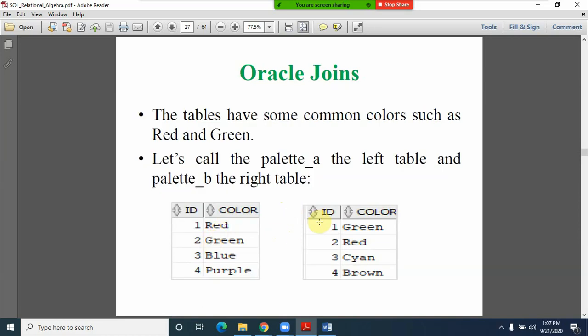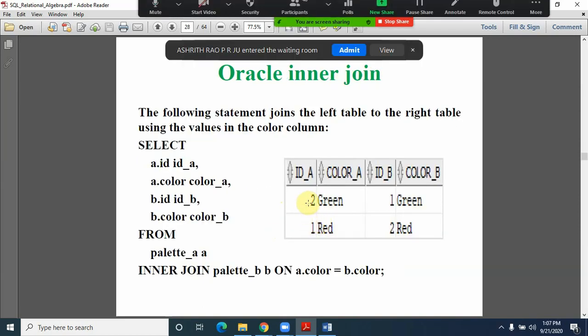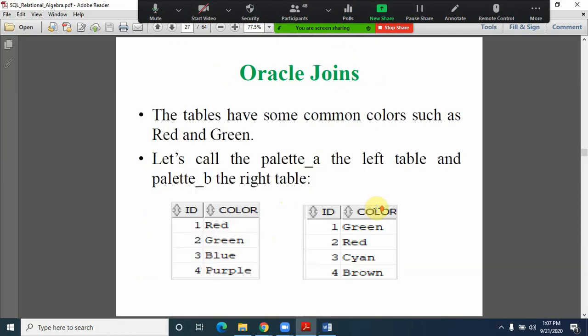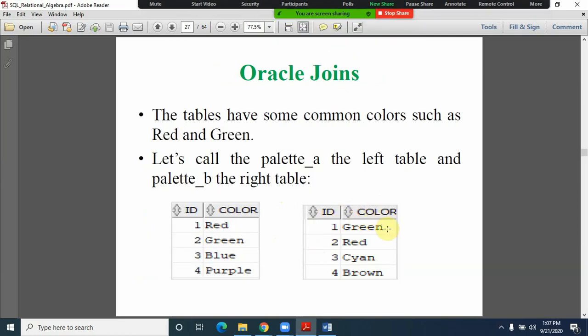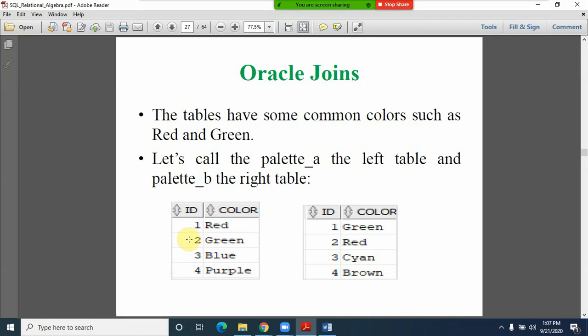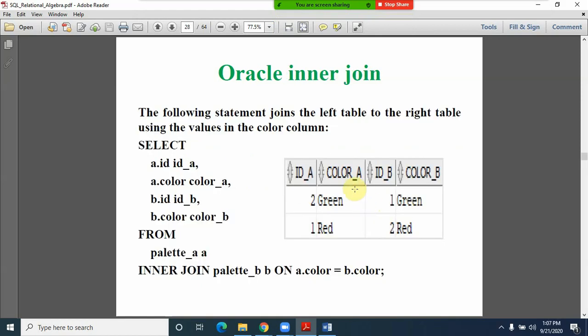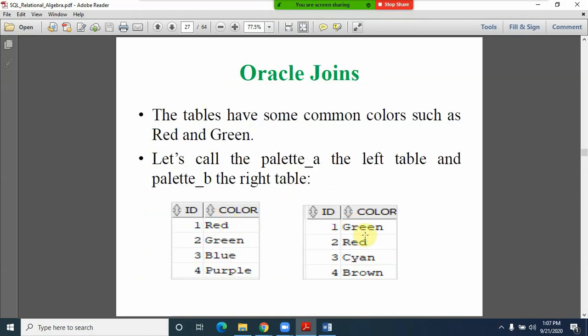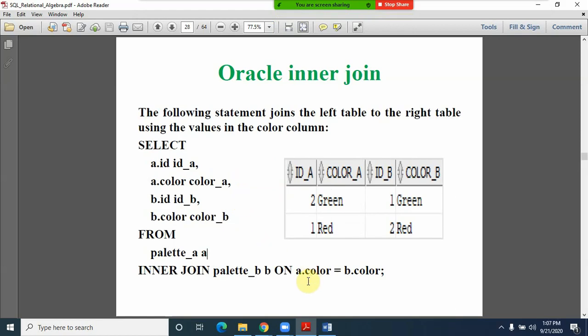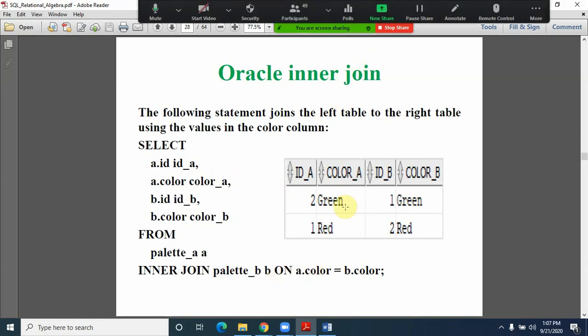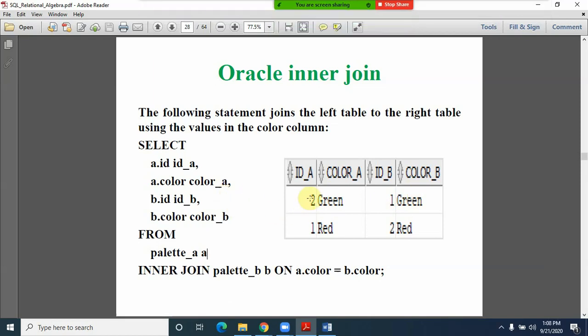And you can easily observe here what the outcome is, friends. 2 green mapped with the first record of the second table, so it has given 2 green, as well as the ID for the second green color, because we are outputting ID and color from palette A, similarly ID and color from palette B. So that is the reason color A and color B are the same colors, and the IDs from the first table and the second table got mapped. Our important consideration is the condition, equating the colors from both of the tables, and accordingly the IDs can be mapped.